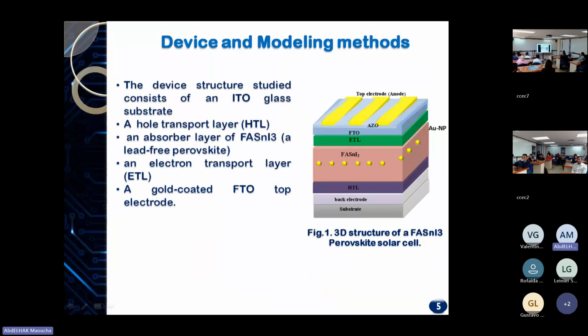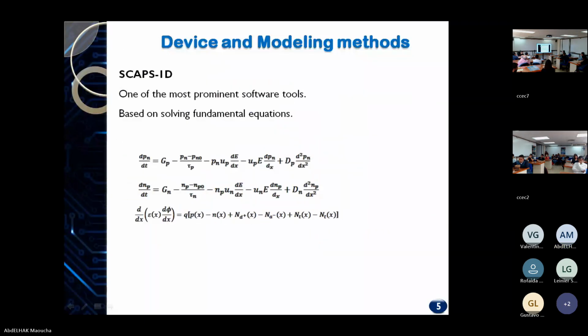Here you can see the structure of the simulated device. It consists of a glass substrate, transparent conductive oxide, electron transport layer, a formamidinium tin triiodide absorber, a hole transport layer, and a back electrode. We embedded gold nanoparticles into the absorber to study their plasmonic effect. For electrical simulations, we used SCAPS-1D. For optical analysis, we used FDTD simulations. Together, these tools allowed us to study both charge transport and light absorption. Employing SCAPS-1D software for simulating semiconductor properties,